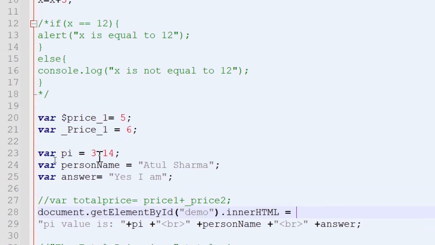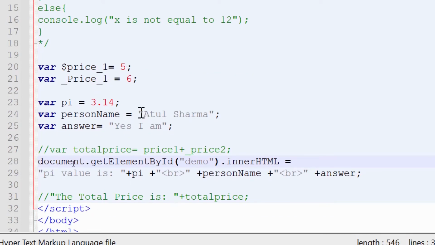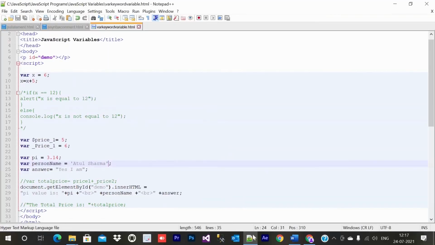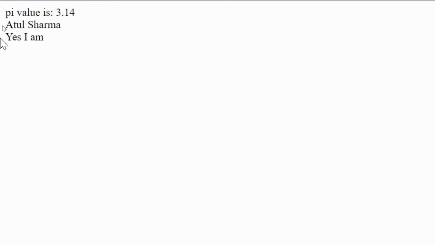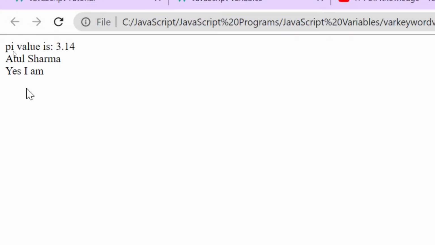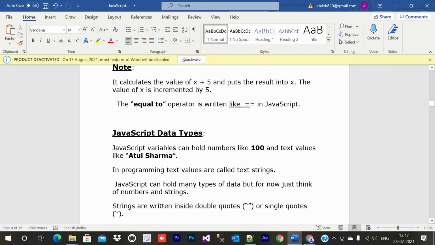So number is there, so the point value, even if you remove 0.14, we have not put that inside single quotes or double quotes because this is a number. Here this is a string, so if we pass single quotes, it will also work because we can pass a string in double quotes or single quotes. We have already seen that. So for now just understand that string and number are data types in JavaScript, but there are some more data types also, which we will discuss with time when it will be easy to make you understand.